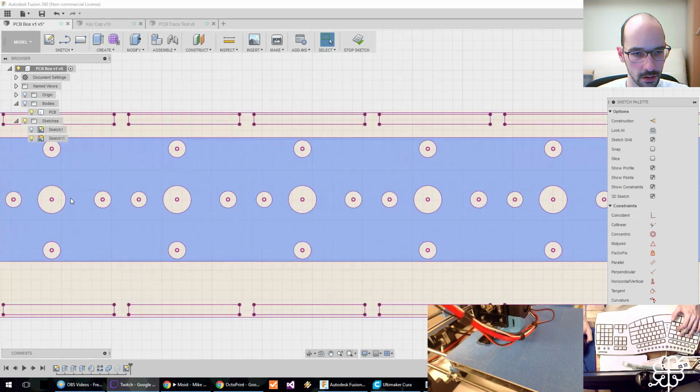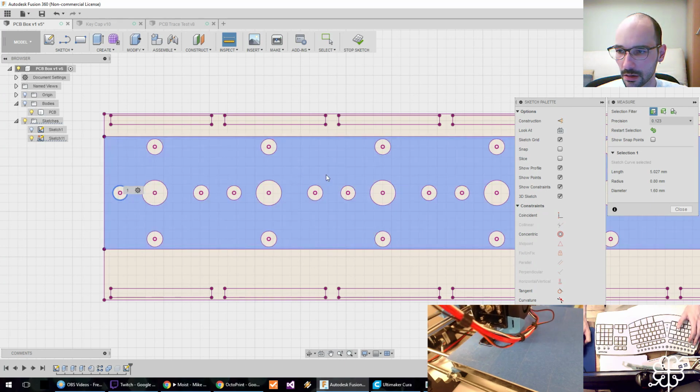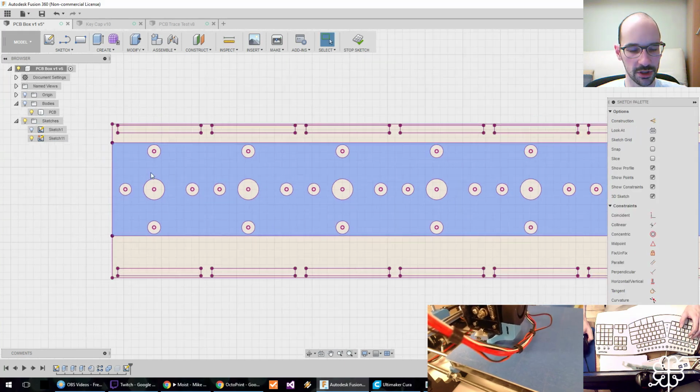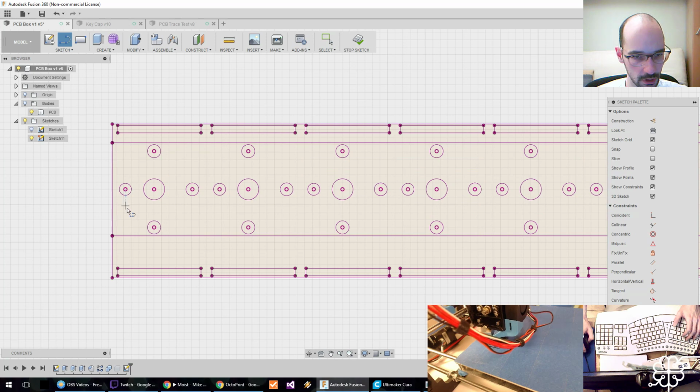Okay, so first things first, radius 0.8 millimeters. Okay, so I'm going to draw, I'm really making this up as I go here, I really don't know what I'm doing, but